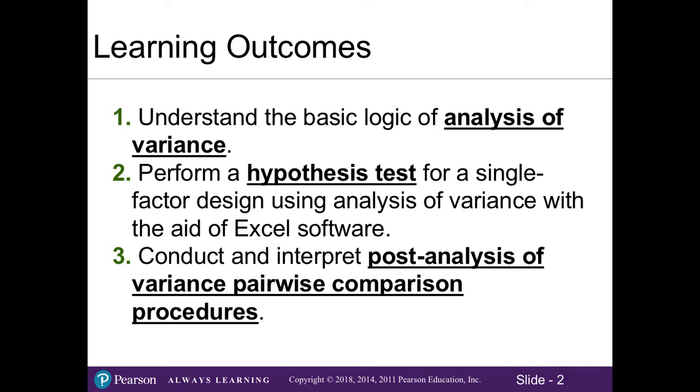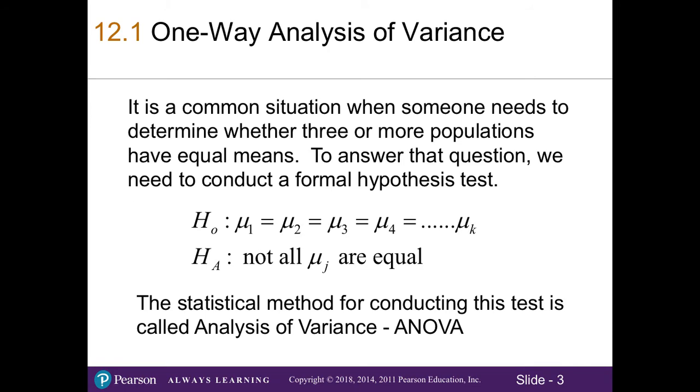In chapters 9 and 10, we learned how to conduct hypothesis tests for single population means and two population means. In real-world application, we might have to compare the means or averages of three or more populations. This is when we would have to use one-way analysis of variance, or ANOVA. Here, the null hypothesis states that all the means are equal, and the alternative hypothesis states that the means are